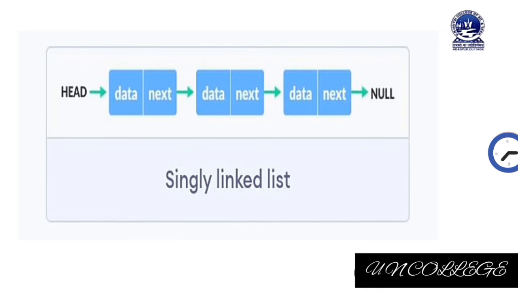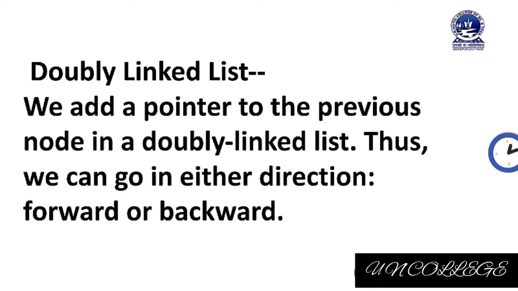Already, what we have discussed in diagrammatic representation all refers to a single linked list, but I have used one more diagram of a single linked list. Here it is clearly visible that the first node is called the head and the last node's address part contains null. Whatever operation you want to perform on a single linked list, the operation will start from the head and continue up to null.